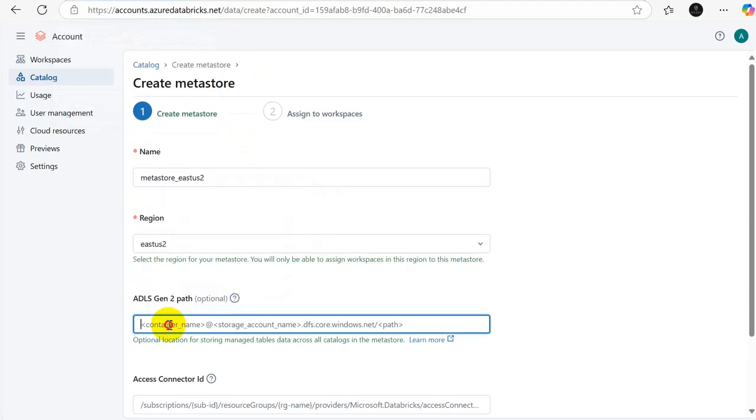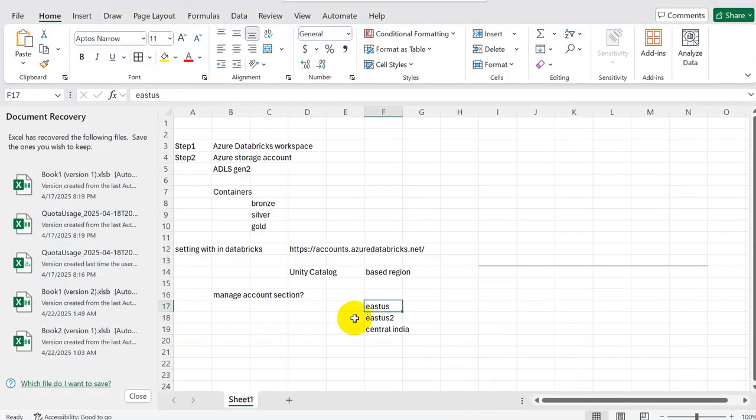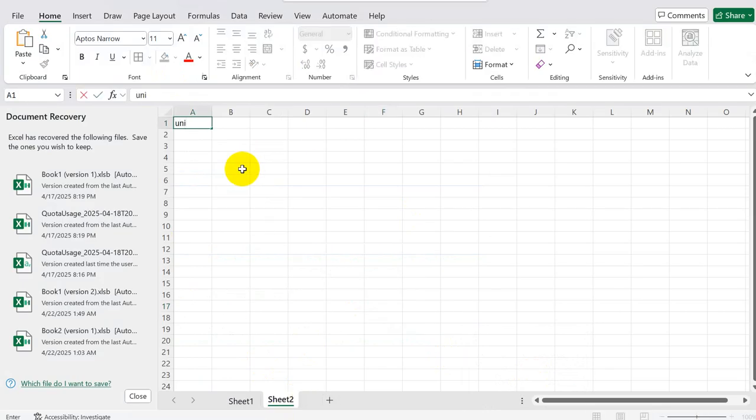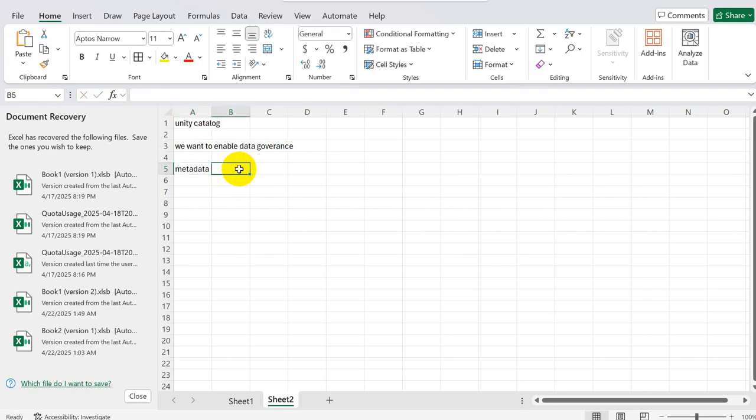This is optional, but I will give the address of my ADLS Gen2. Why is this address required? First of all, we should understand this. We are creating a metastore, or Unity catalog. Why are we creating Unity catalog? Because we want to enable data governance. What's the meaning of enabling data governance? It means if you have metadata, it should be stored at a central place. So we have selected a data center named East US2, right? And in this East US2,